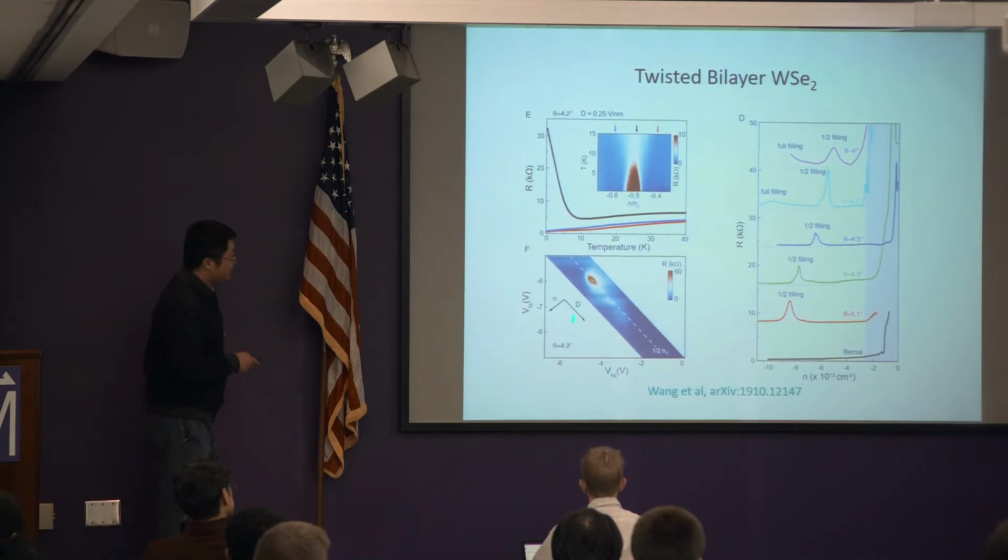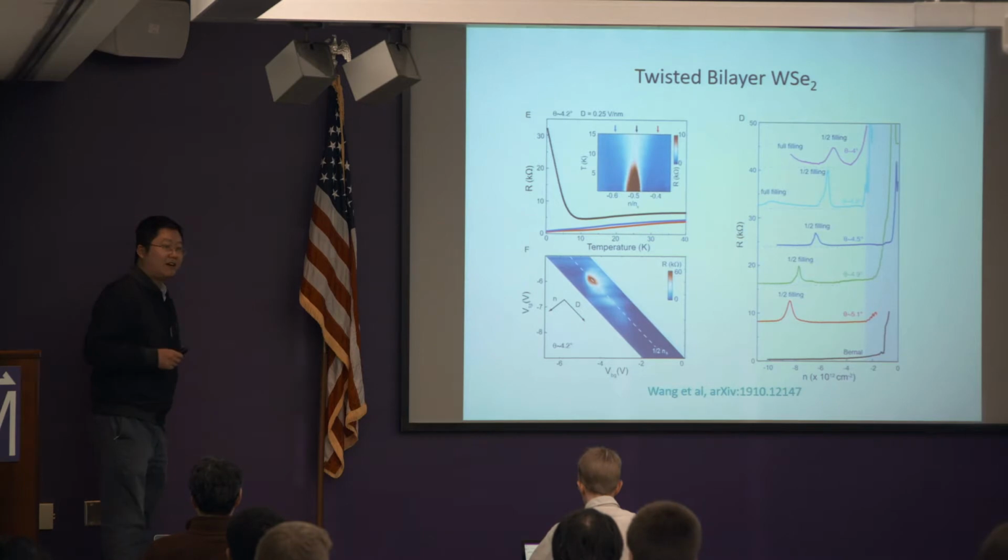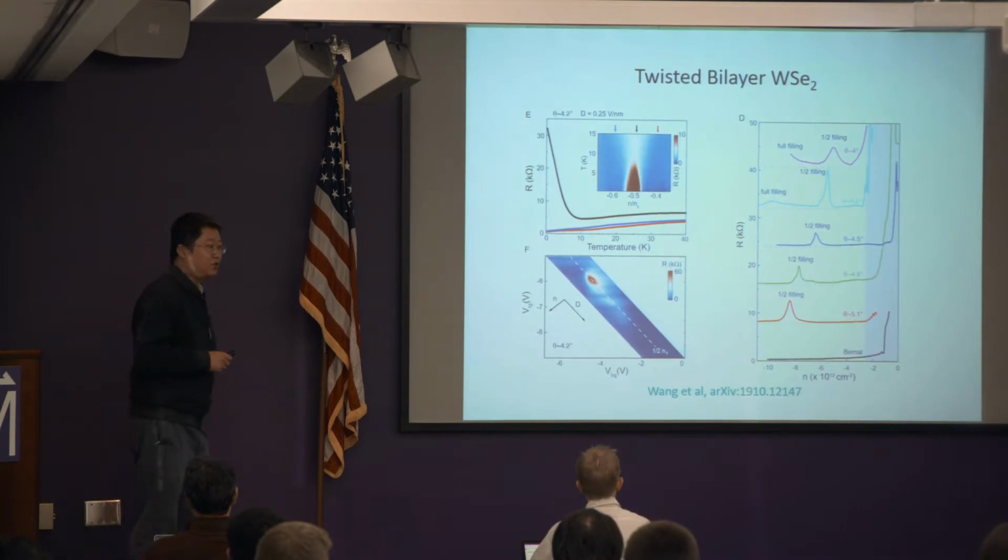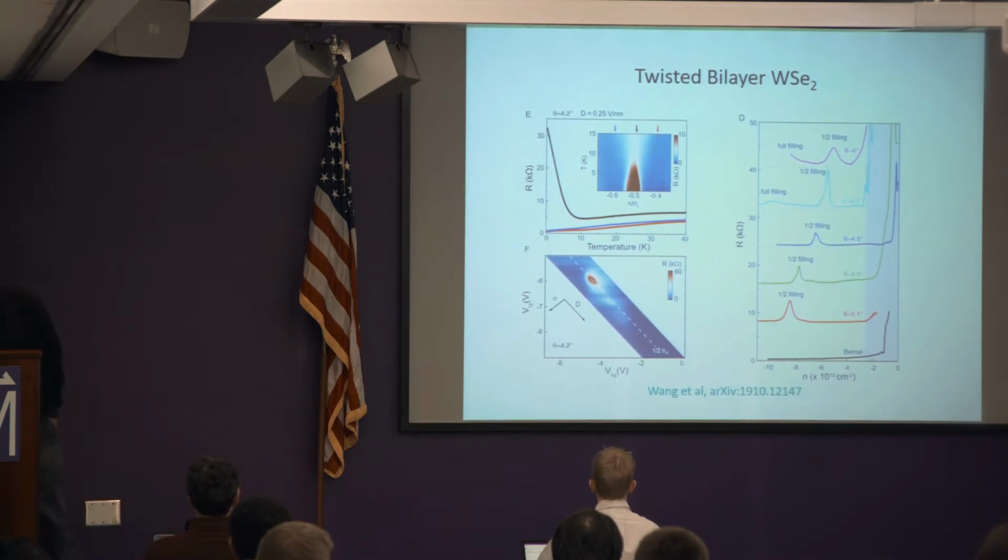But this insulating state is kind of fragile in the sense that a small displacement field, which changes the potential difference between the two layers, can destroy this insulating state. So,